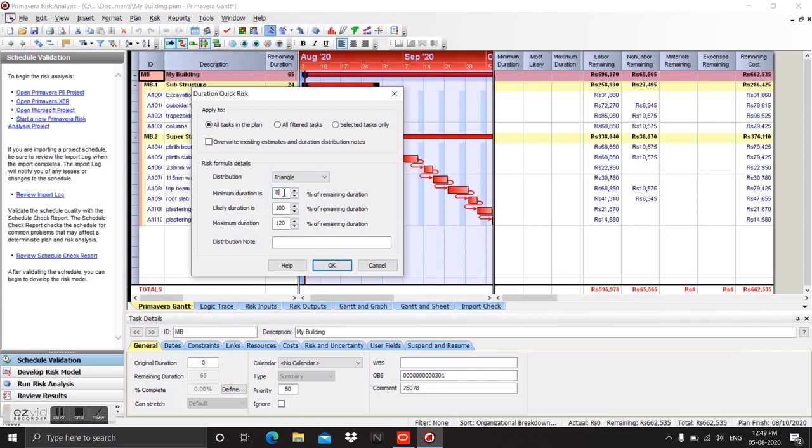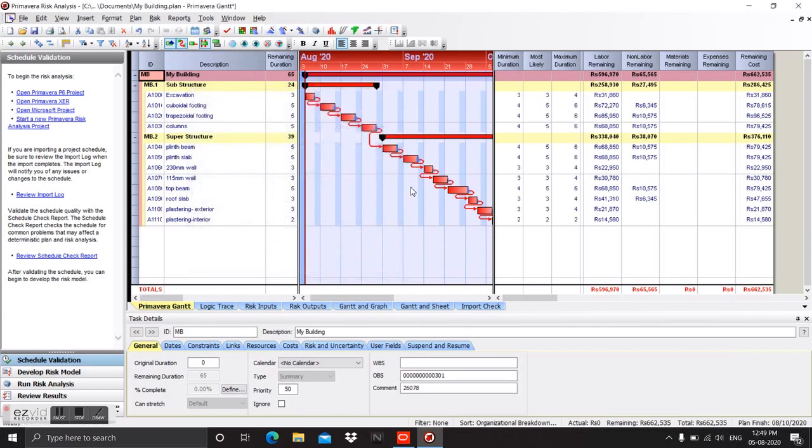So here I am giving 85, likely is 100, and maximum is 120. So here you can see the values came as per the percentages which I have given there.